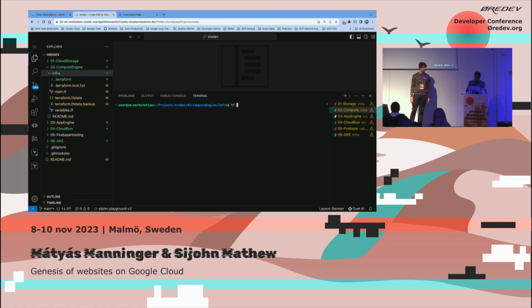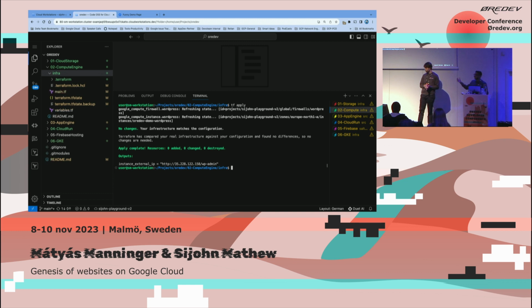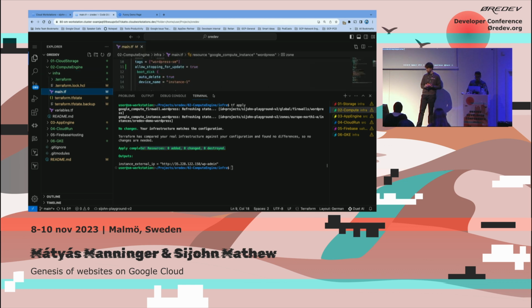So again, terraform apply. And it's a demo, so I had to pre-install certain things, otherwise it would take a lot of time to deploy. So everything was deployed, and that's why it says apply complete, resources: 0 added, 0 changed, 0 destroyed. Otherwise, if you look at my Terraform file,